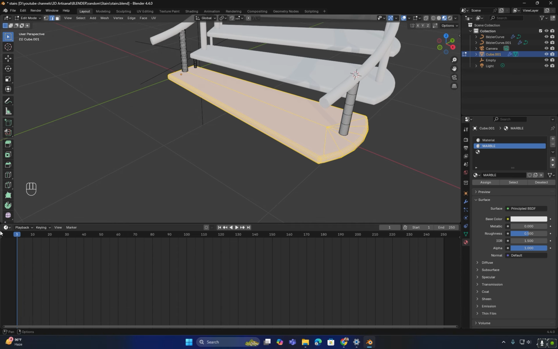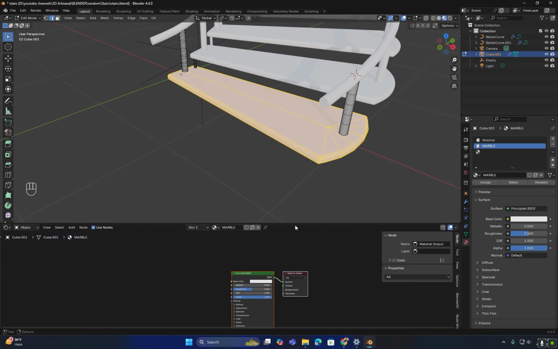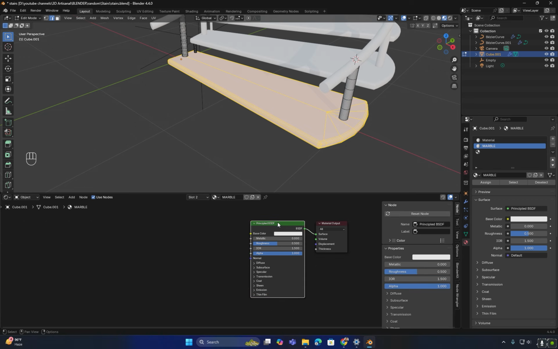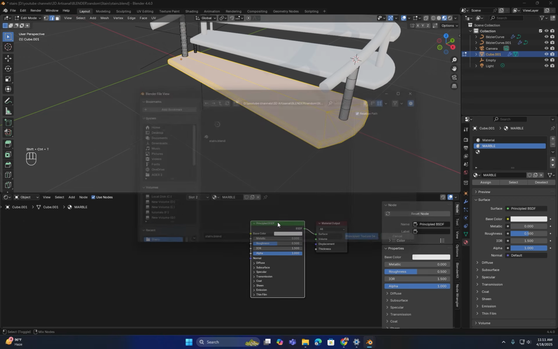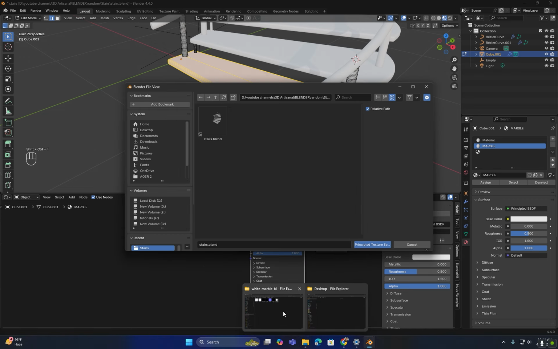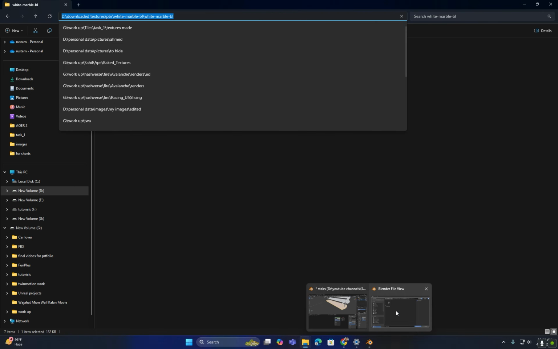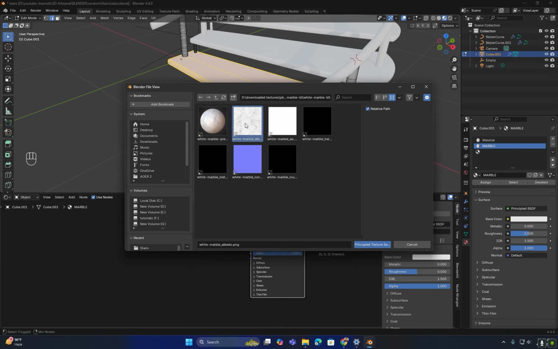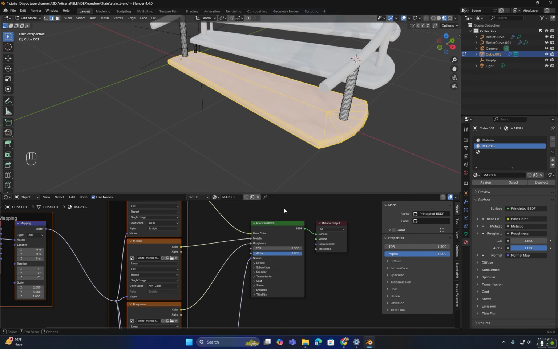Then I will open the shader editor, select the principled BSDF shader and press Ctrl plus Shift plus T. Since I have already enabled the Node Wrangler add-on from the add-ons menu, as soon as I press Ctrl plus Shift plus T, Blender will ask me for the texture path. I will add the path to the textures here and select the diffuse map, roughness, metalness and normal map, then click here to load them in.